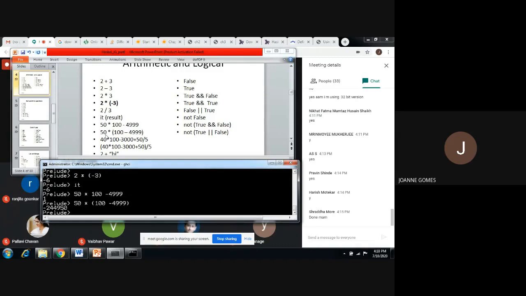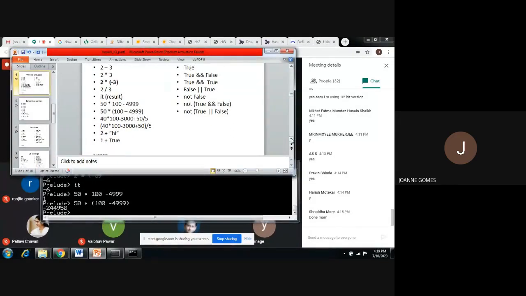When all of them are in one expression, then function has the first priority, and then list, tuple, and then your arithmetic. But again, if you give parenthesis, you can give that particular part of the expression first priority. Okay, so you can try the second statement, 40 into 100 division, and we'll see how priority changed.